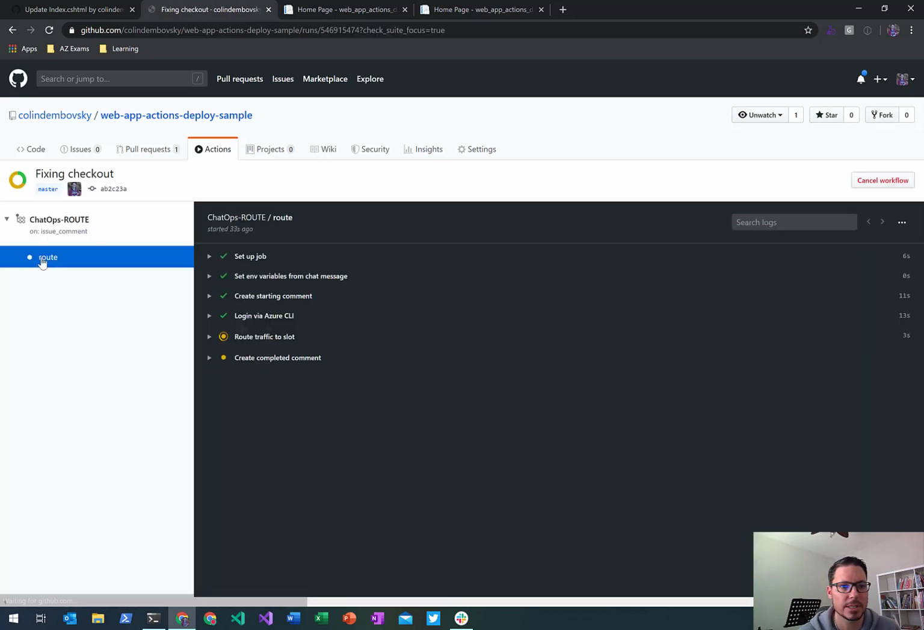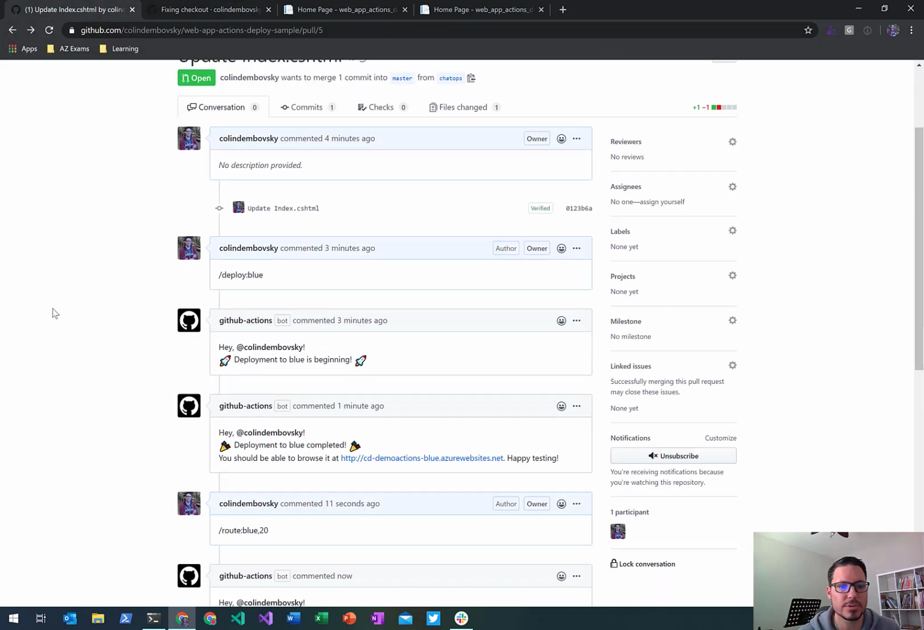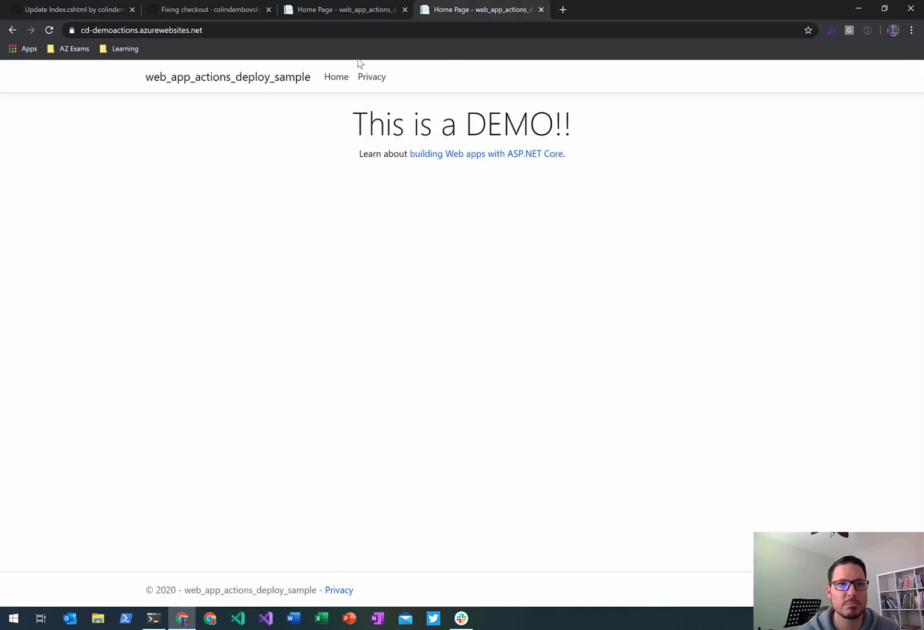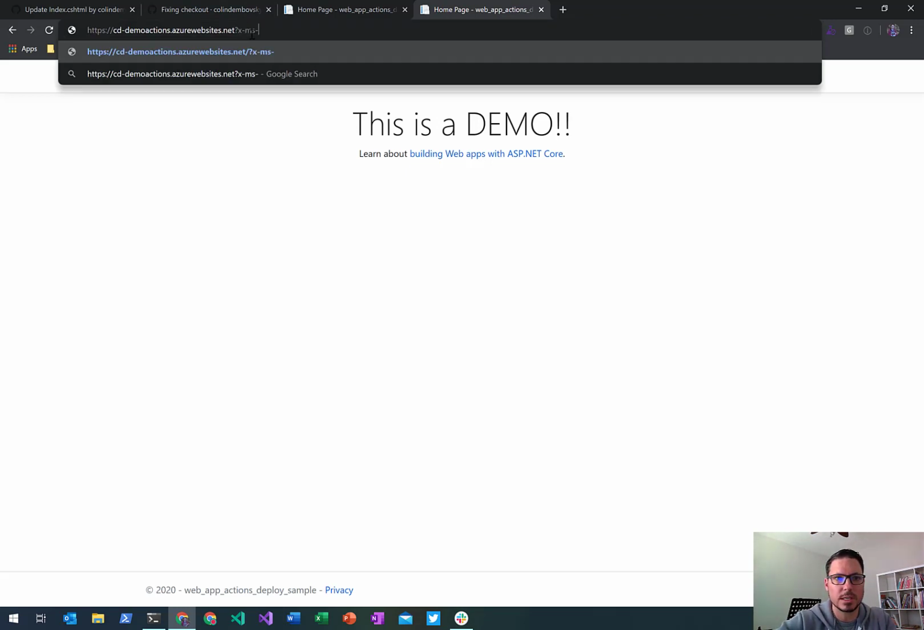And if we click on that to see the live logs, we're almost done. That might take another couple seconds. No, it's actually completed. Let's go back to the conversation, and again, we get a helpful message to tell us that the route operation has completed. So now let's go back to the home page, and if we hit refresh on the home page, you'll see that we're on the live, but I can actually force, I think it's XMS